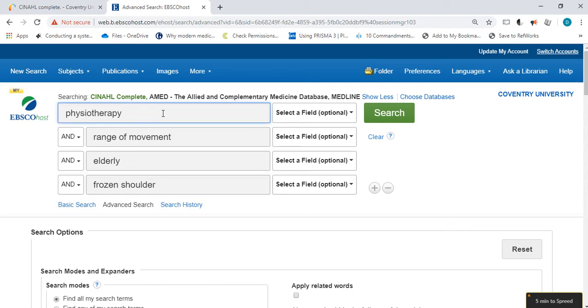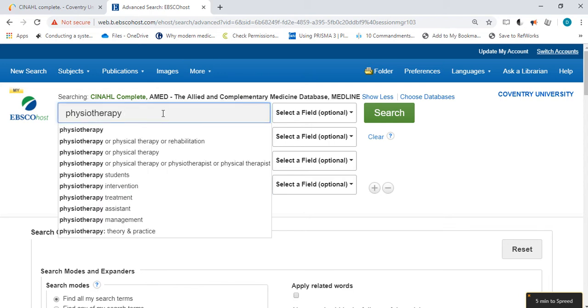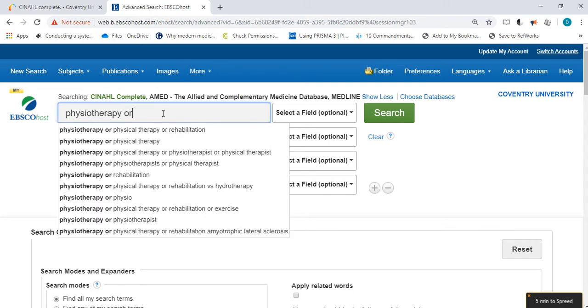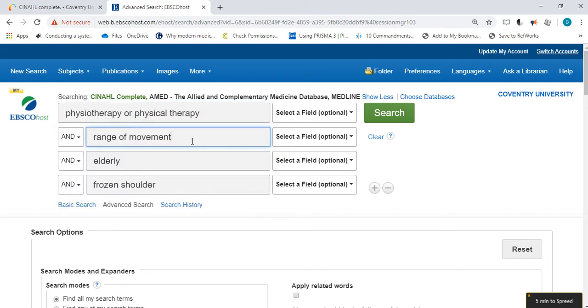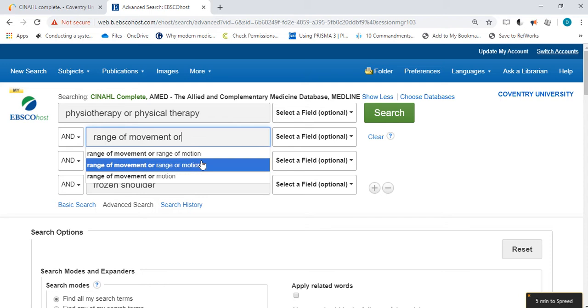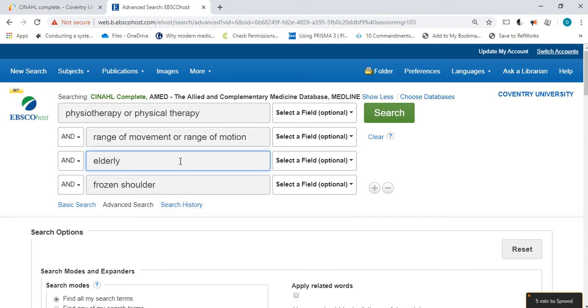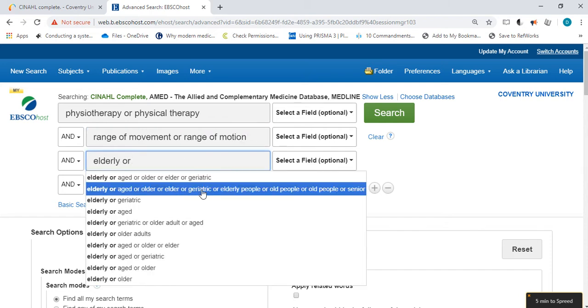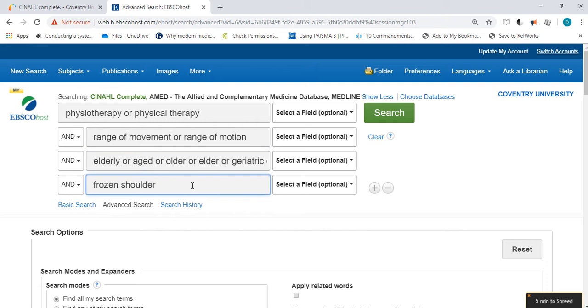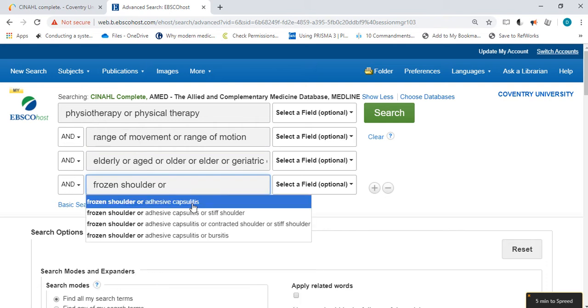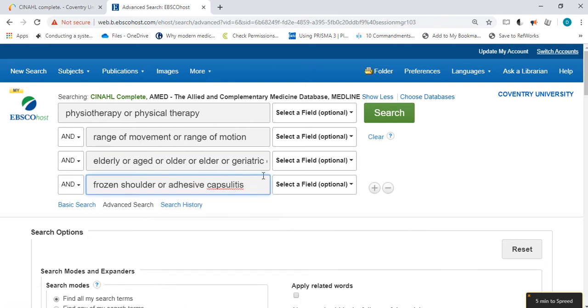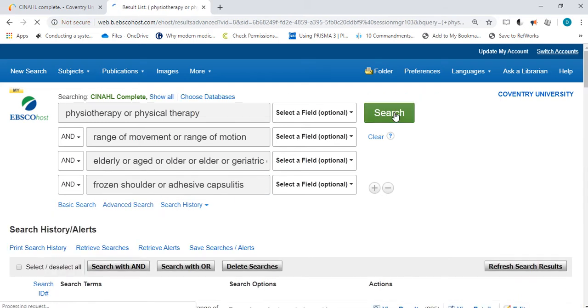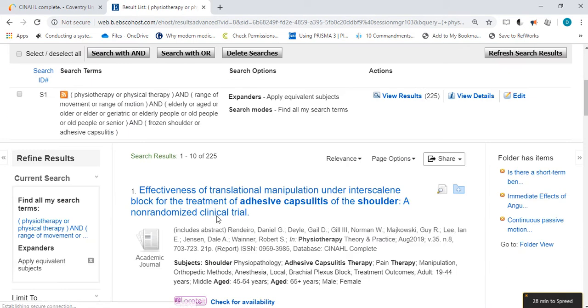Then what I need to do is think about adding in alternative terms, and the nice thing about these databases is they give you suggestions. So I'm going to go physiotherapy or physical therapy, range of movement or range of motion, elderly or aged or older, etc., frozen shoulder or adhesive capsulitis. And then I can run that search to start with. If I just go to my results,